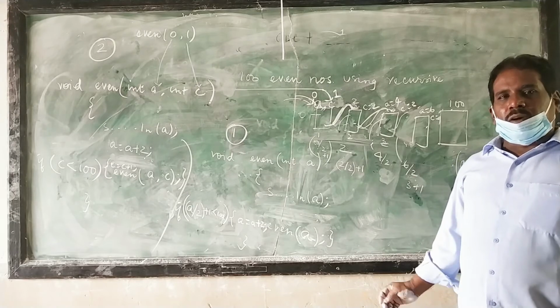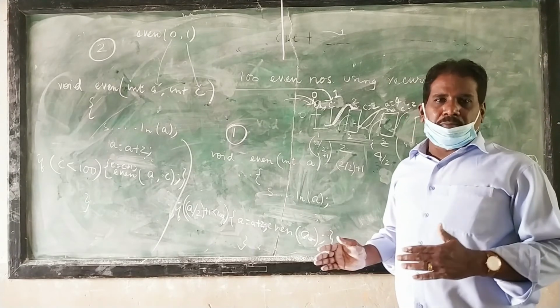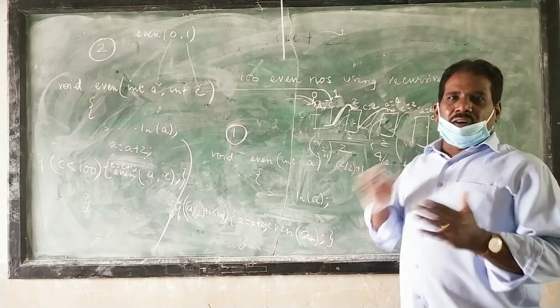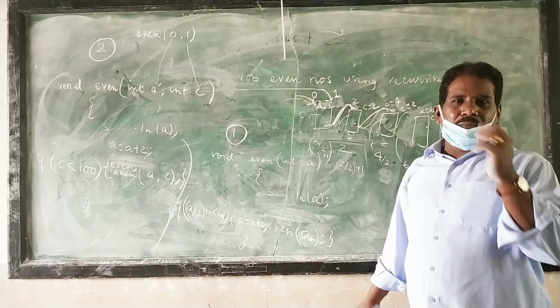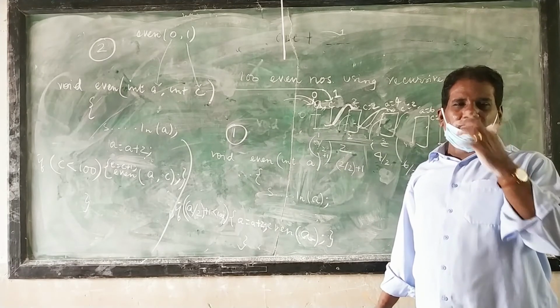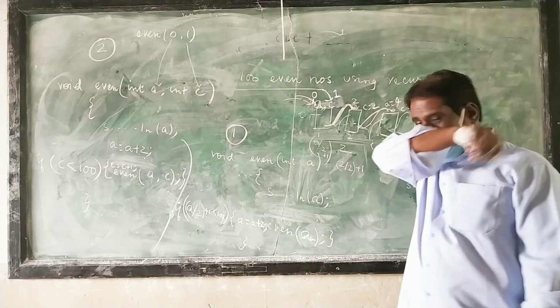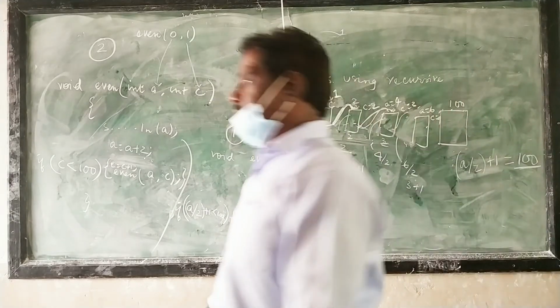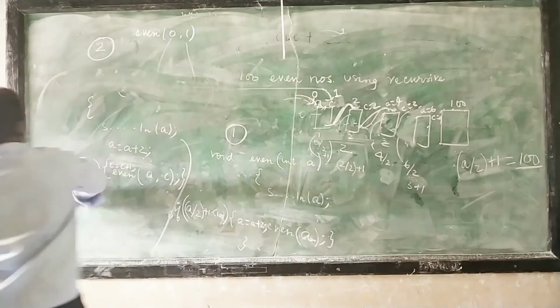I hope you are clear with how to write a recursive function for printing series type of values, isn't it? So similarly, we can make many processes. Another example, what is that? Another fine example is